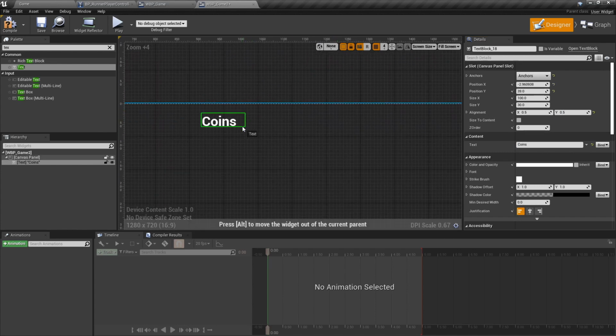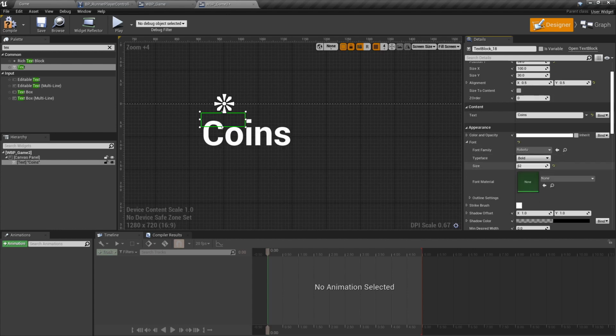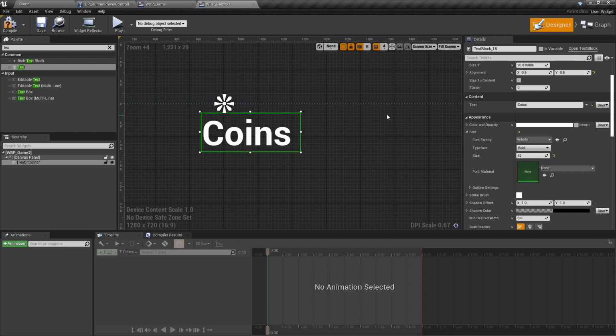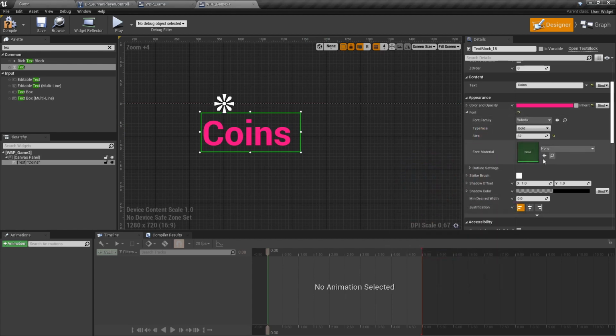Then we can move this around, and we can, for example, change the size of the title. We can also change the name, the color, and just check all of these properties and play around with this,